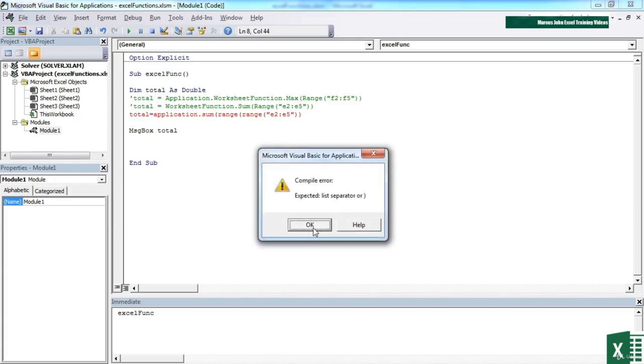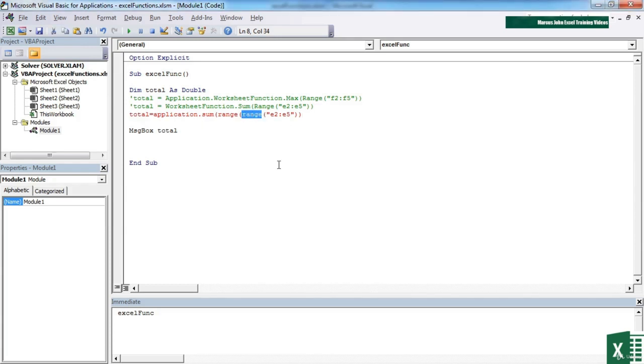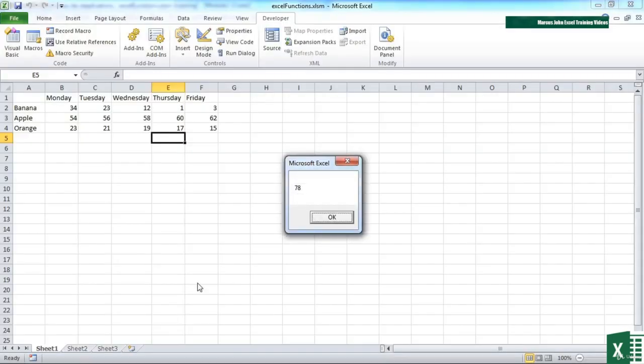And not enough number of brackets. I've got a range twice. Dot sum, open brackets, range, open brackets, close the range, close the sum. And then run the Excel func. 78 is the